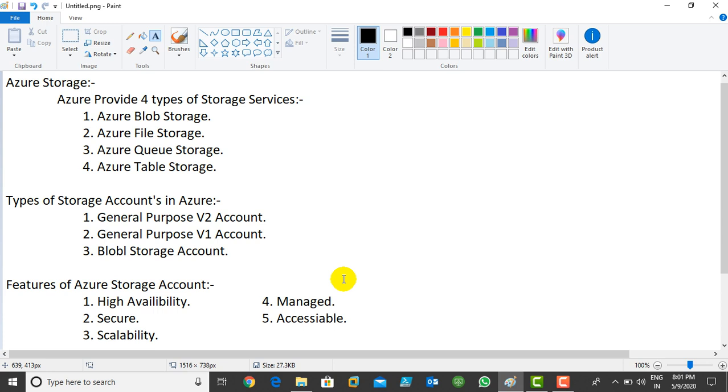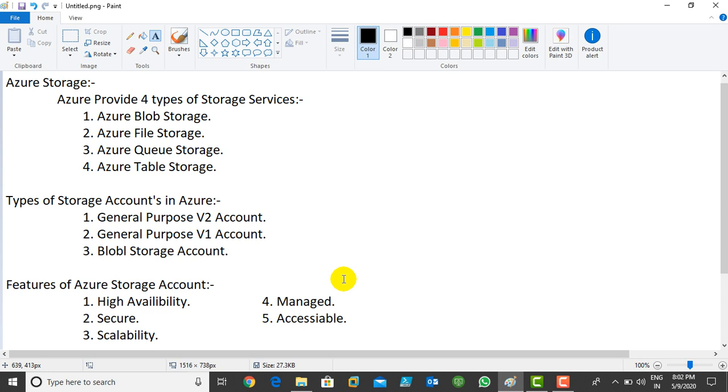Next is the managed feature, which handles your hardware maintenance. Imagine in Azure we have 5 storage servers. Your data automatically saves in storage 1, and the remaining 4 servers copy your data. If storage server 1 is under maintenance, storage server 2 automatically becomes active and provides you the data. So hardware failure or maintenance doesn't impact your data.